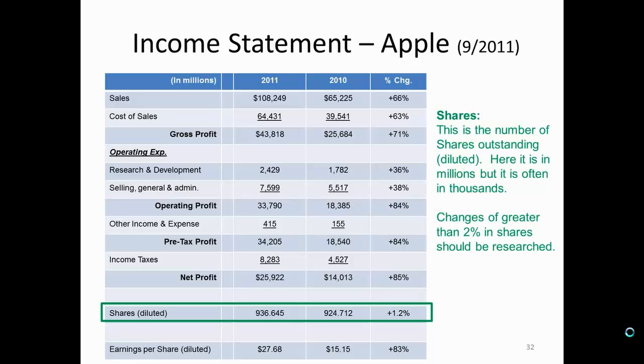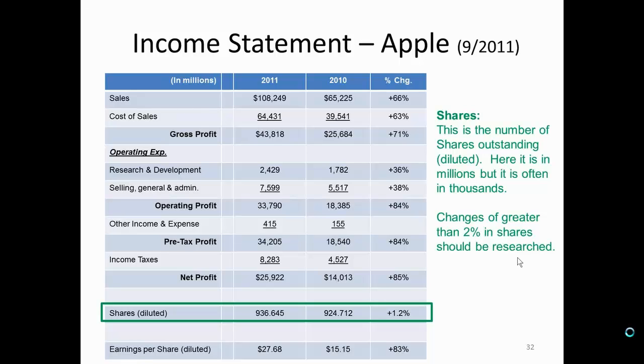So you can see that Apple has a little over 936 million shares, and that shares went up by a little over 1%. This is most likely due to option and/or share grant programs to employees, which sometimes go only to key employees and sometimes are across the whole company. As I note on the slide, it is good to research it if shares change by more than 2% per year